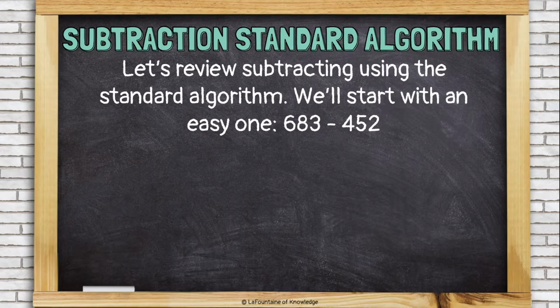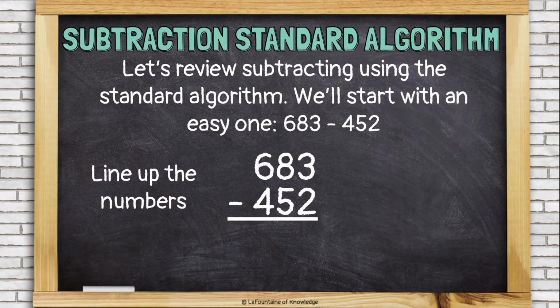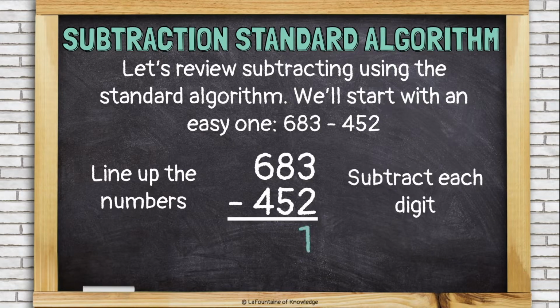We'll start with an easy one, 683 minus 452. First, line up the numbers, with the bigger number on top and the smaller number on the bottom. Be sure to line up the ones, tens, and hundreds on top of each other. Now, subtract each digit, starting in the ones place. 3 minus 2 is 1, 8 minus 5 is 3, and 4